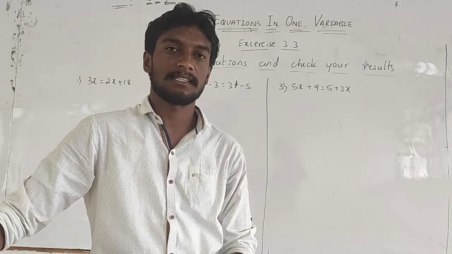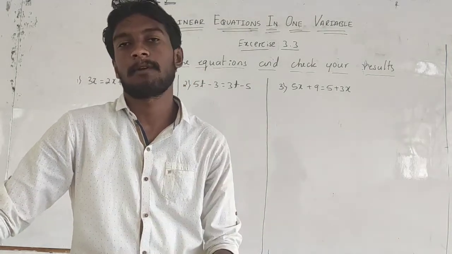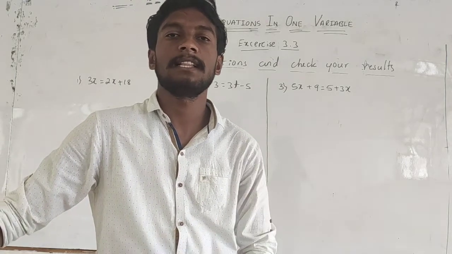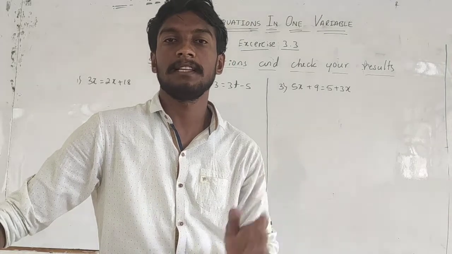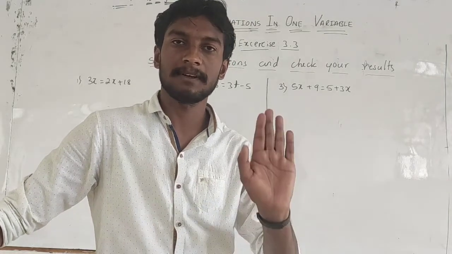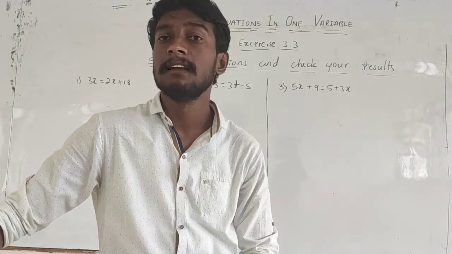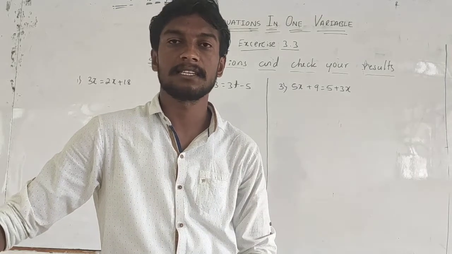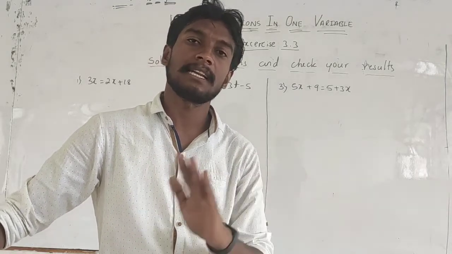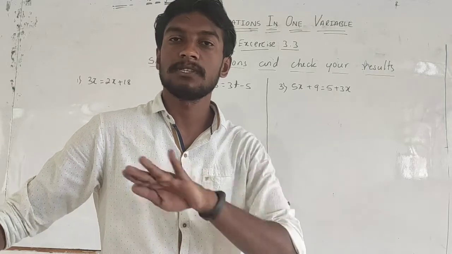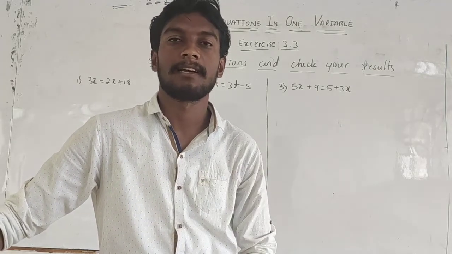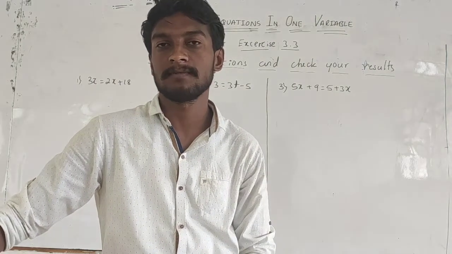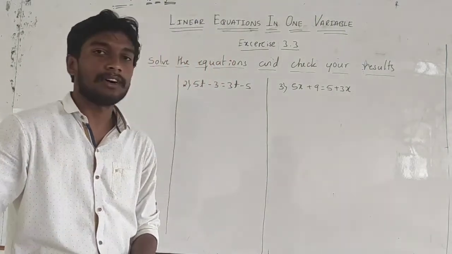And in the third exercise you again get problems based on finding the value of the variable, which you solved in the first exercise. But in the first exercise only in the LHS part or in the RHS part you were getting the variables. Here in the third exercise, on both LHS and RHS you are getting the variables. First you have to move them to one side, then find the value of the variable here. So let us discuss problems from exercise 3.3.